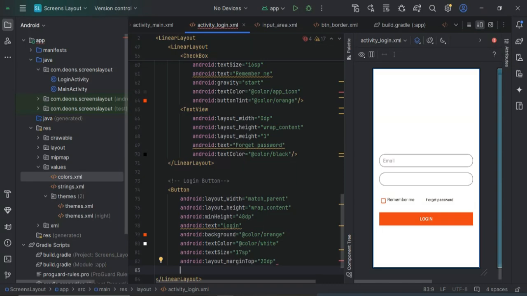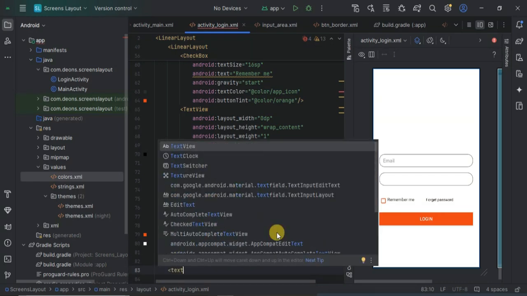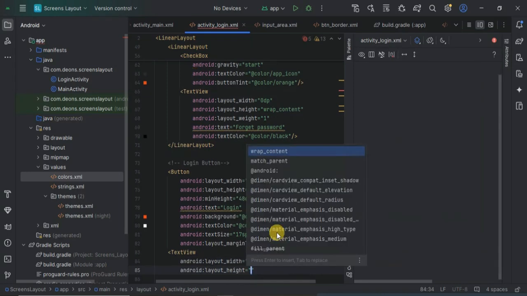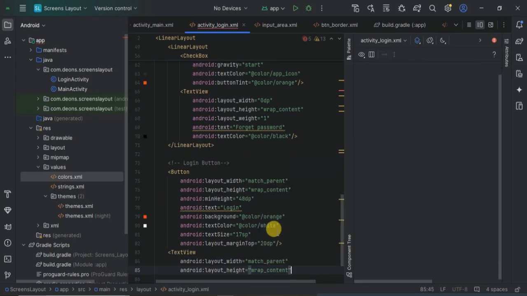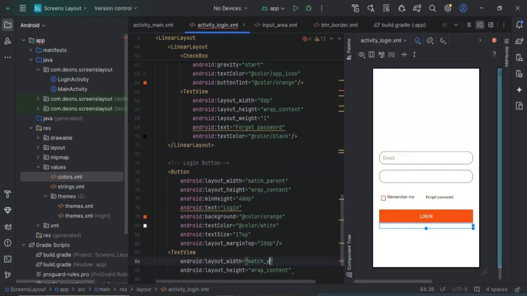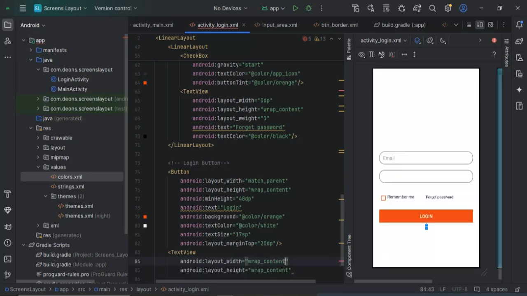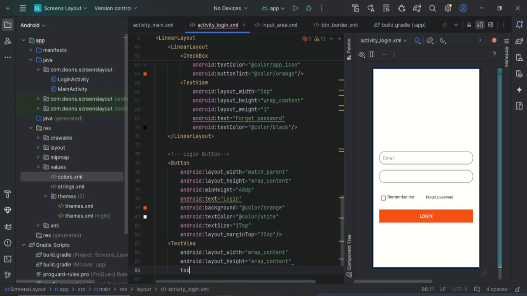All right, so we've actually added the login screen to that. So we are going to have also the sign up link for users that are not registered. So I'll have, sorry, I need to close this. So I'll have a text view for that, and the text to be, okay, let's just set this to match parent. Do I want to set that to match parent? No, I want to set it to wrap content. You're not match parent, so wrap content. So our text here is going to be